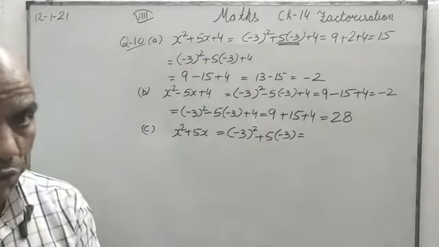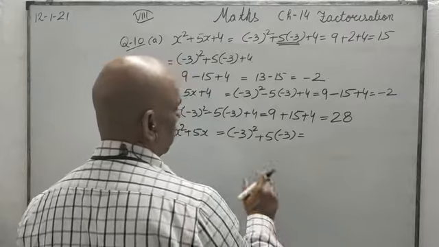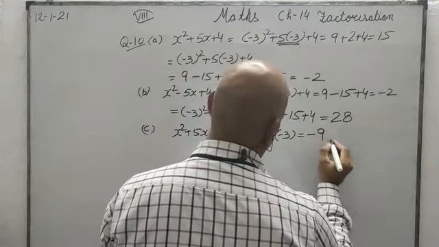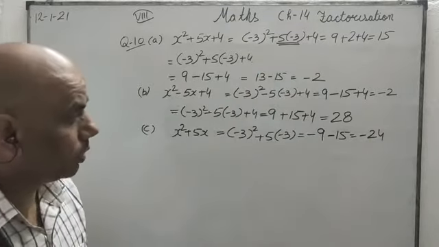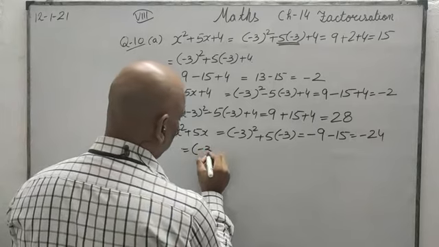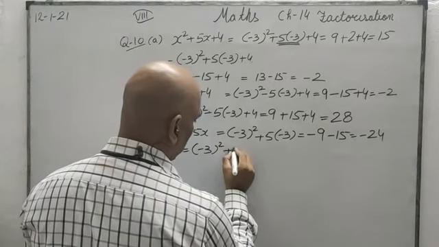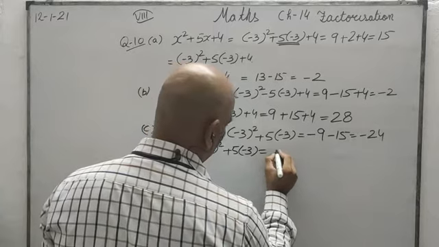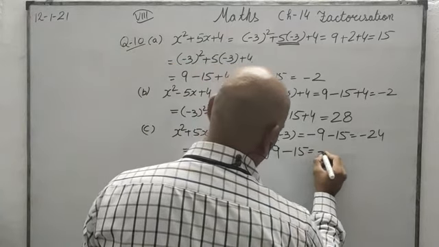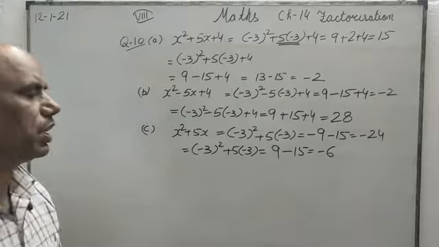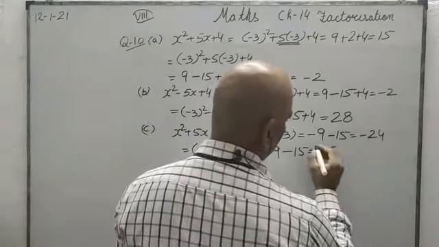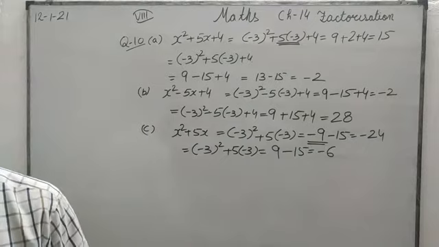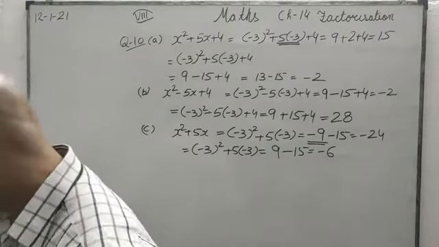These are the common mistakes which you people are doing in your calculation. Sometimes you write minus 9 only and minus 15 and you write it minus 24, but that is wrong. What is the mistake? When we make the square of negative 3, it should have been positive 9. So positive 9 and negative 15 will give us negative 6. So the right answer should have been negative 6, which he has mistakenly written negative 24, and the mistake is here. So this way you will solve these questions. What he has given, you will have to correct those mistakes.